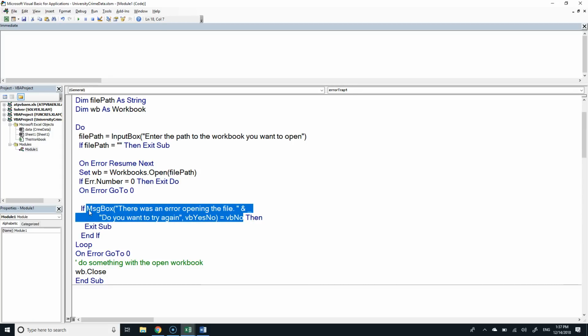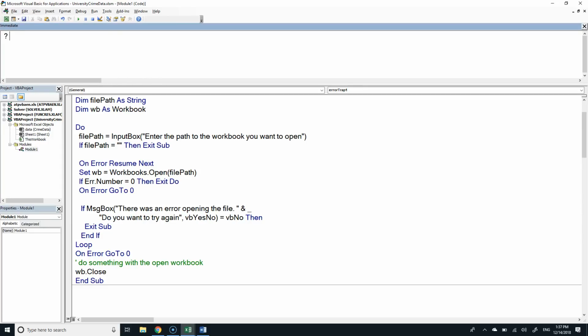So message box is a function. What's it going to return? Not true or false. It's going to return either VB yes or VB no, which are just constants. VB yes is 6, and I think VB no is 7.